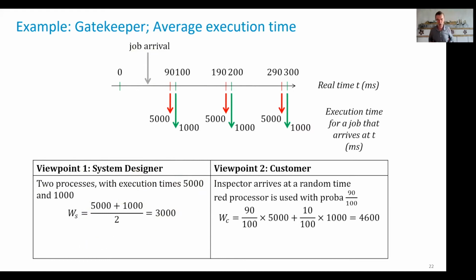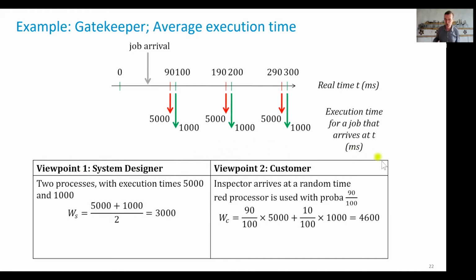So that's the kind of thing that institutions, systems will tend to give. They give statistics that are based on their view of the usage of their own resources, and then the average wait or execution time for a job will be here 3,000. That's perhaps the story you would get from the system that is renting the resources to you.